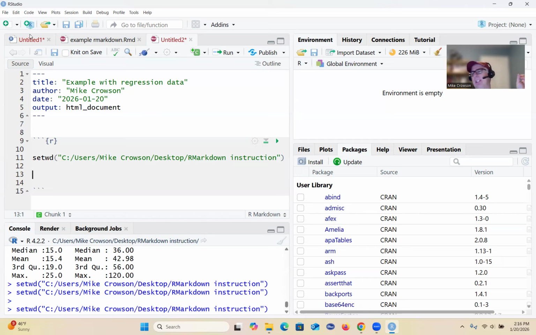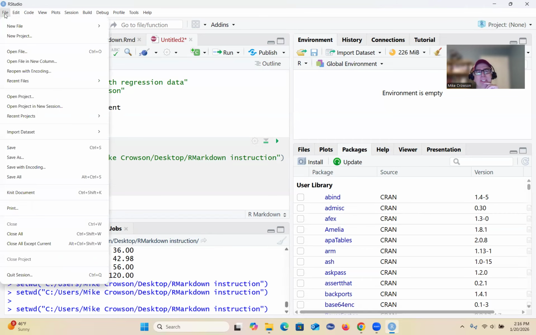That's a lot of work. And so I'm going to use File. I'm going to go to File, go to Import Data, and I'm going to use the Import Wizard. The benefit here is not just to import the data for this particular analysis, but I also want to get the code that I can take and put into that code chunk above,